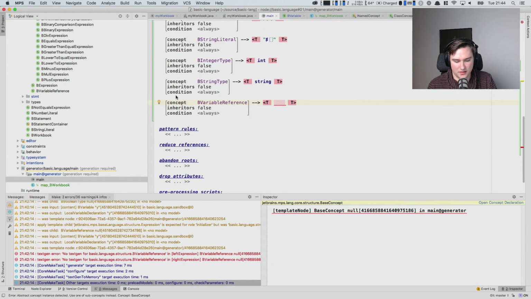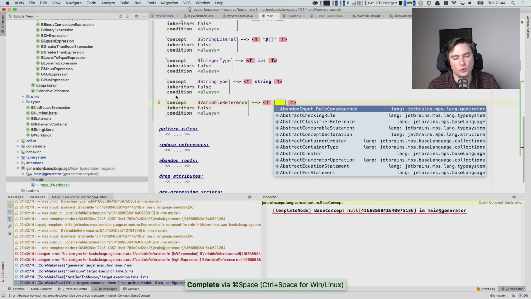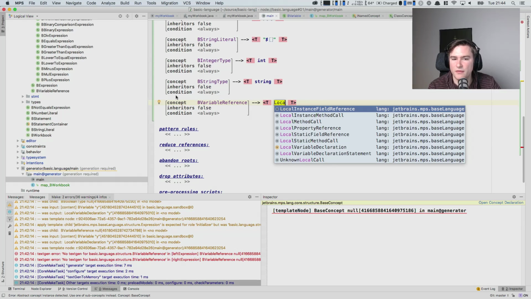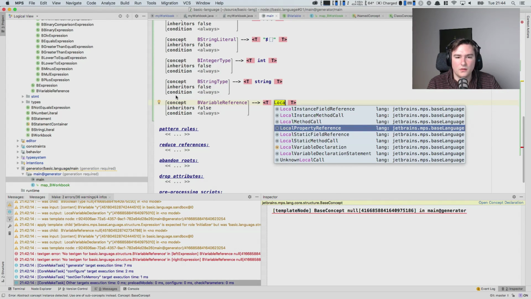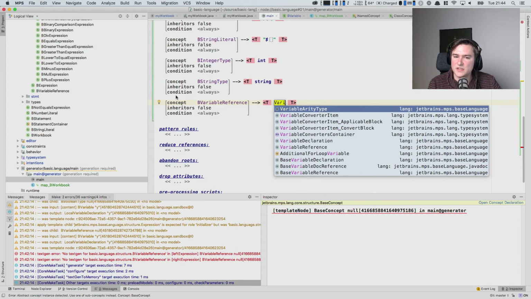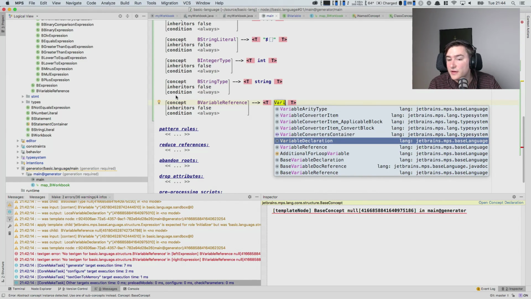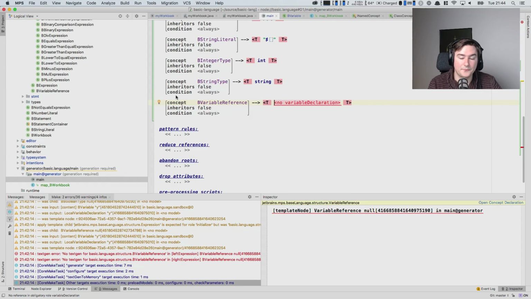But now, well, we could do that here, right? So we could say we want to create a local variable reference here, I think. Or is it just a variable reference? Variable reference here, yes. Okay, so if we select that from the code completion menu,